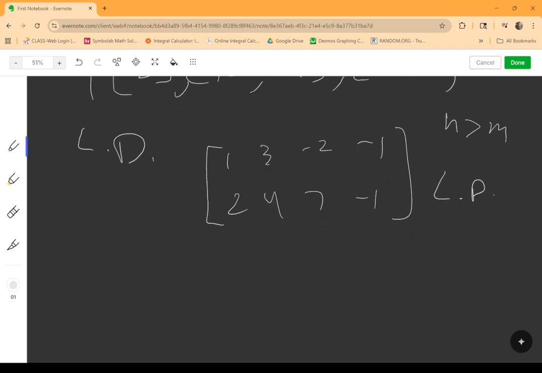Now the bigger question answered here is that the largest linearly independent set in R2 space consists of exactly two vectors. It's not unique. We can choose these vectors in many different forms, but it cannot hold more than two. If it has more than two in our R2 space, right away